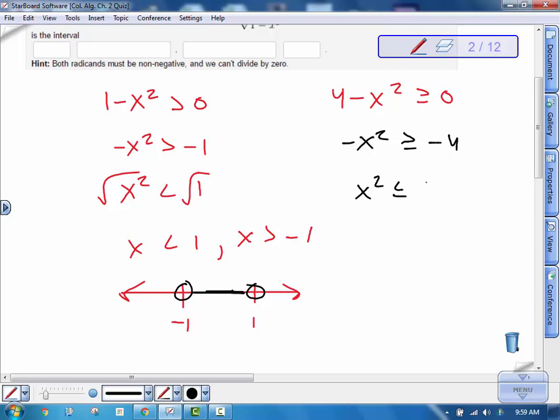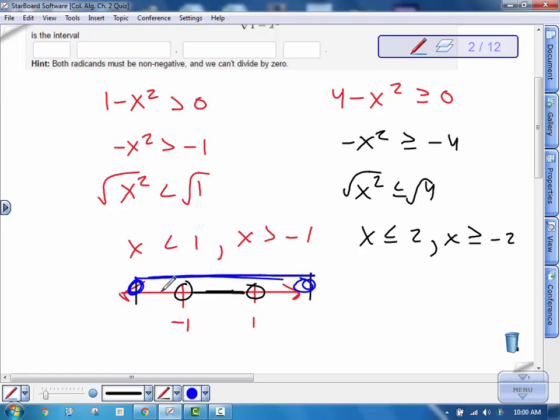x squared is less than or equal to 4. If you divide by a negative, square root, and you get x is less than or equal to 2, but you also get x is greater than or equal to negative 2. And that one is just a little bigger. You know, it goes from here to here. So it would be a closed circle here, a closed circle here, it'd be all these values,